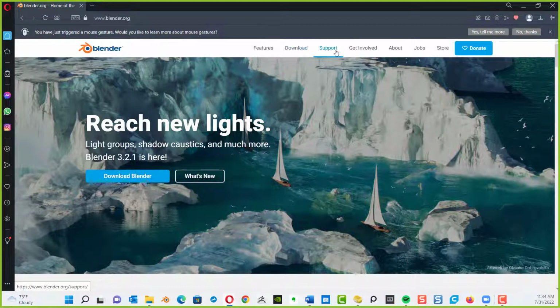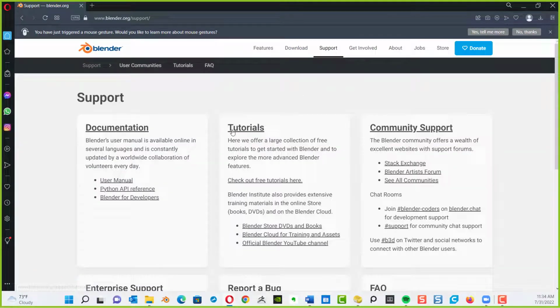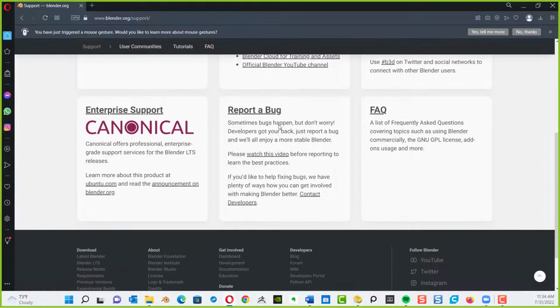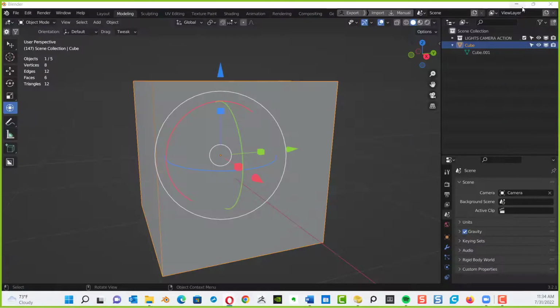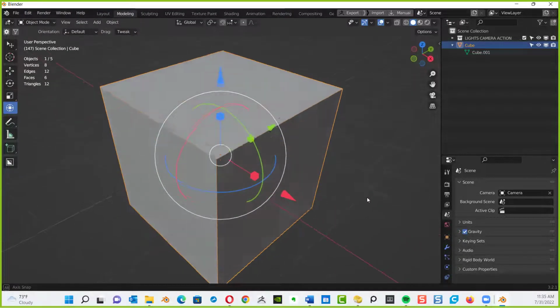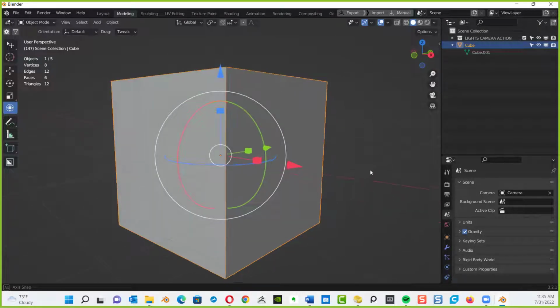And they always got these updates going on. Support, let's see, tutorials. Let's see, where are the hotkeys? Usually I'll either come here or do a Google search for hotkeys for the latest, greatest version of Blender. But you can get that there. And I too am still learning all the different hotkeys. So there's a lot of them that I don't know yet. But once I learn them, I force myself to use them because I'll forget easily.